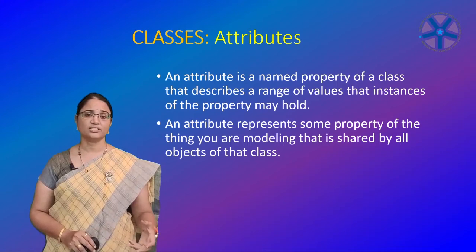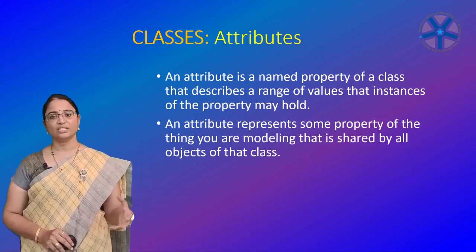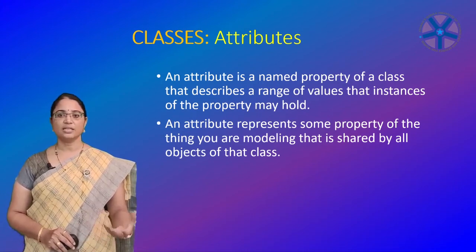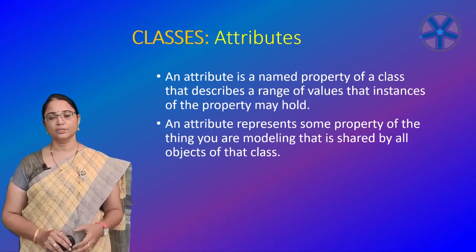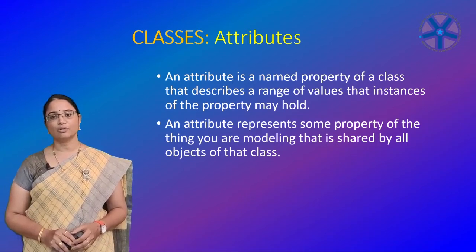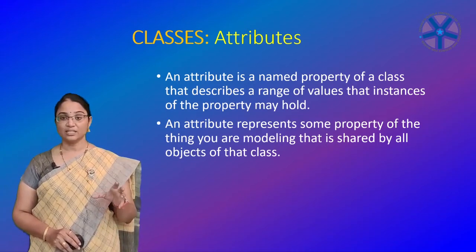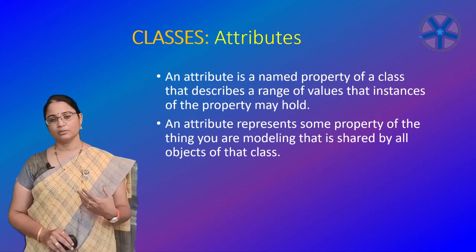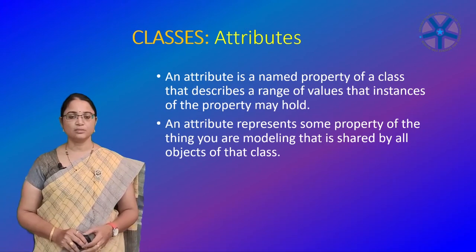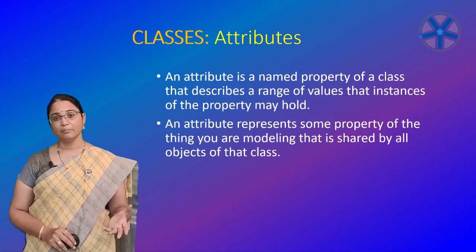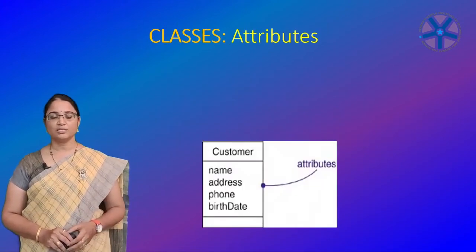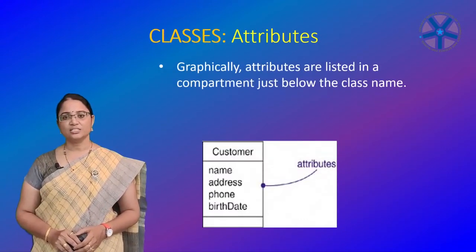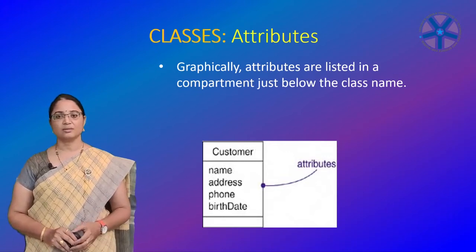For example, one more example. Every wall has a height, width and thickness. You might model your customers in such a way that each has a name, address, phone number and date of birth. If you take wall as a class, then you can have the height, width and thickness of the wall. Those are the attributes. If you have some company and you have some customers, then you can take their name, address, phone number and date of birth as the attributes of a particular class, customer.